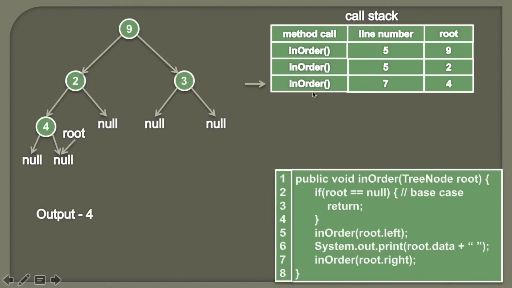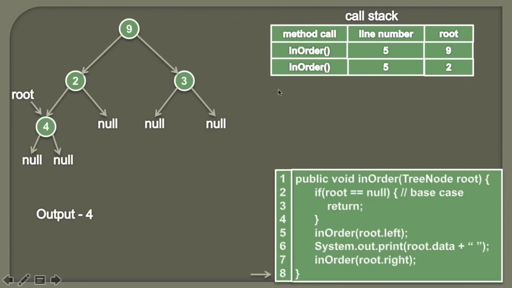So now the execution point reaches this method. And we also know that we left this method from the line number 7. So therefore the execution point will start from the line 7. And we also know that when we left this method, root was pointing to node 4. So therefore now root will point to node 4 again. And then we'll start executing from the line 7. So when we reach line 8, we know that we have completely processed this in-order method. So therefore this method will be removed from the call stack, and the call will go to the method which had called this method.